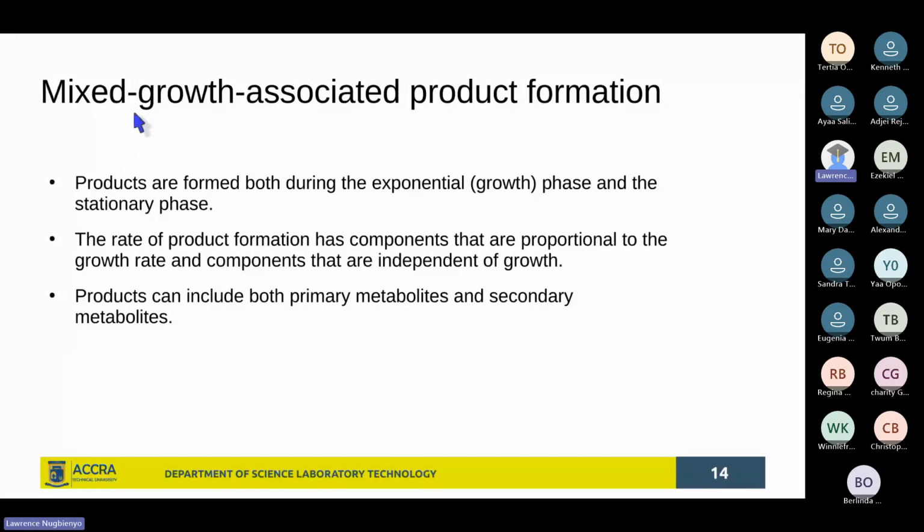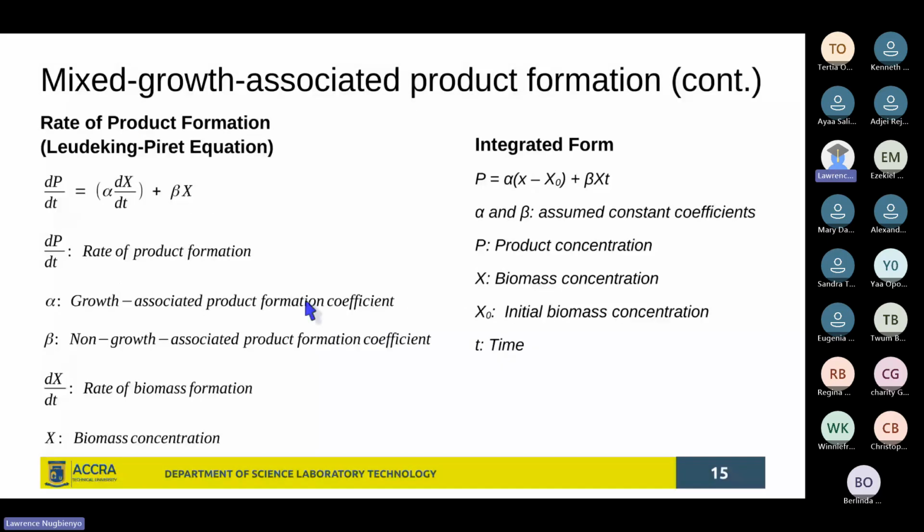So you have a certain correlation, or say proportionality, with the growth rates, not fully, but then you also have some slight proportionality with the stationary phase. You have such a mixed growth associated product formation also in bioprocessing systems. And this mathematically is also represented by what we refer to as the Luedeking-Piret equation, which is